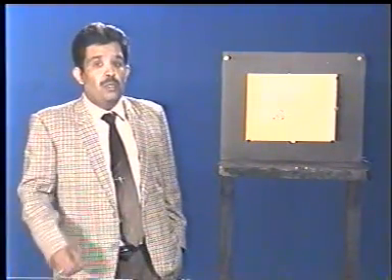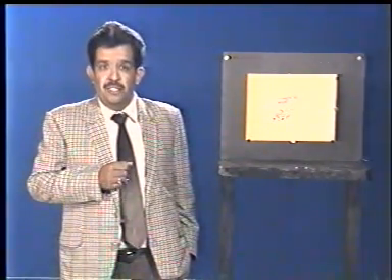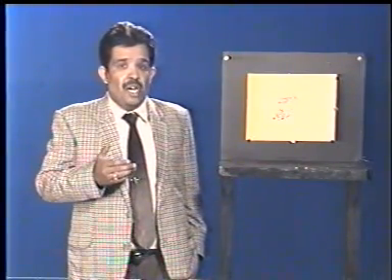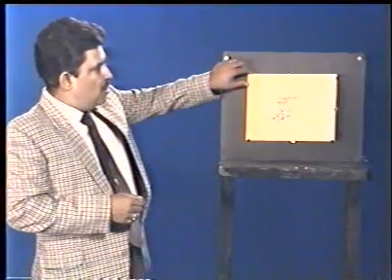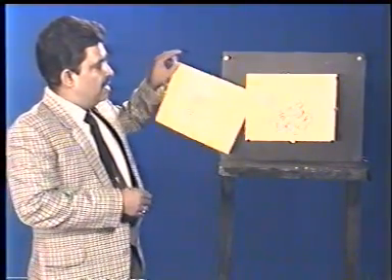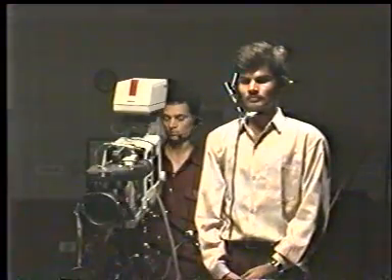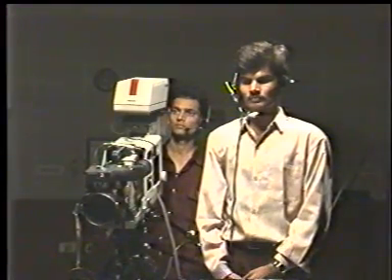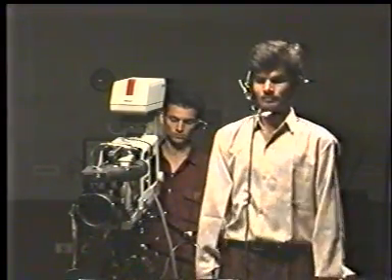And now we come to the third category of the hand cues which are used by the floor manager. These cues are used towards the end of the program. And the first one is 30 seconds to go. This means there are 30 seconds left in the show or the segment or the event to finish. For indicating this time limit, the floor manager makes a T with both hands.